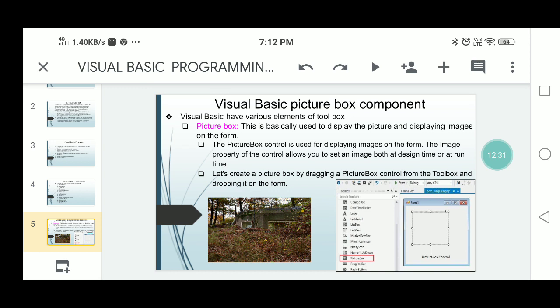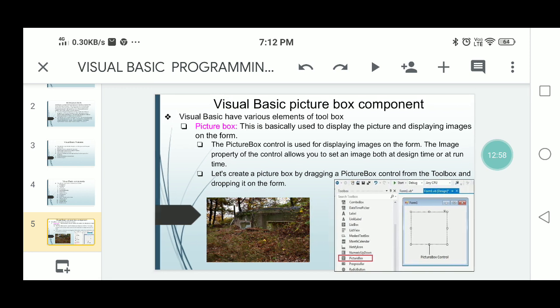This is basically used to display pictures and images on the form. First of all, it will display the images on the form. After running the program, it will display the actual picture in that same place. I will show examples for the picture box control here. The next topic is